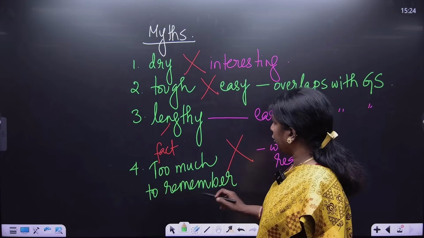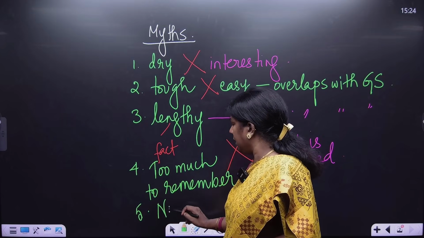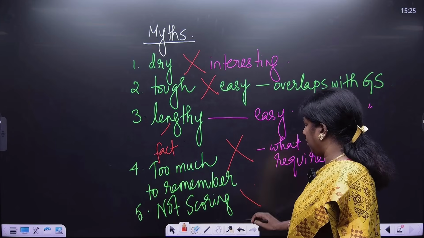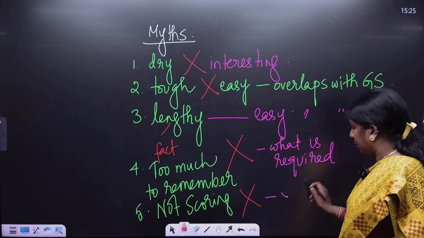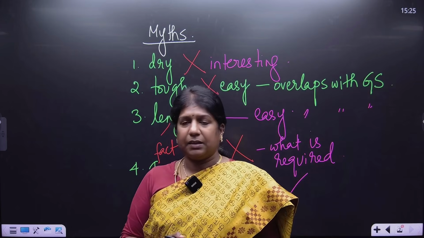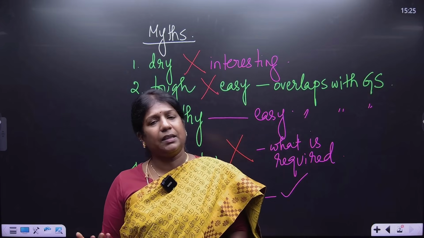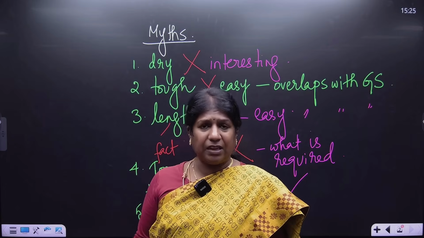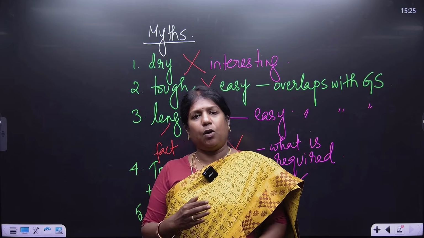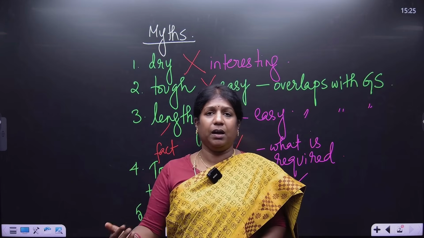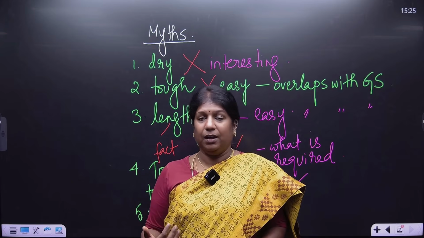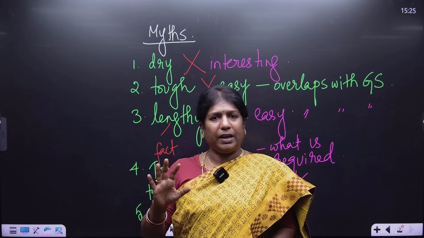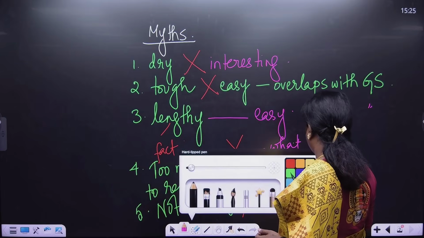Again, the next misconception is that history is not a scoring subject. Again, I would say no, not at all. It is a scoring subject because my students who have cleared this exam have got 303. My students who cleared this time got 299, 288, 267. And we had a ranker called Shruti Sharma who got rank 1 with history optional. So how would history optional not be scoring? It is a scoring subject. Generally, these are the myths history optional students have.